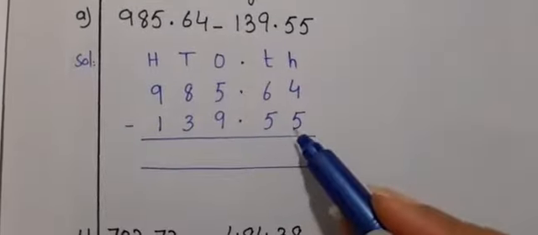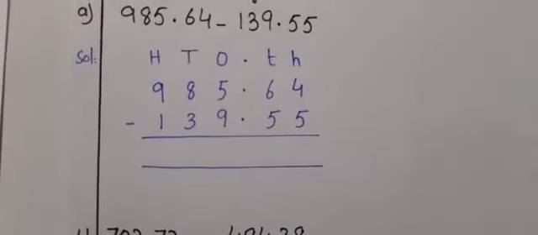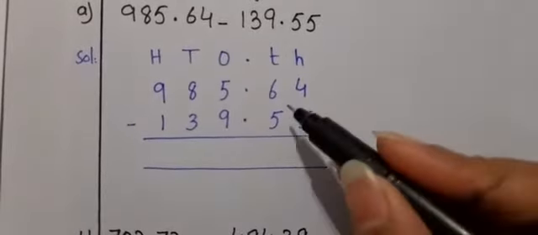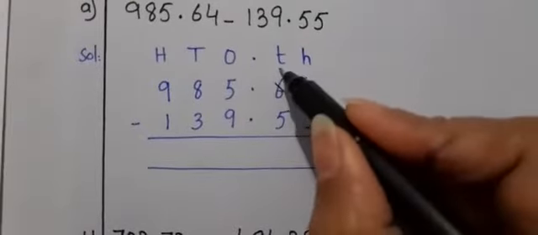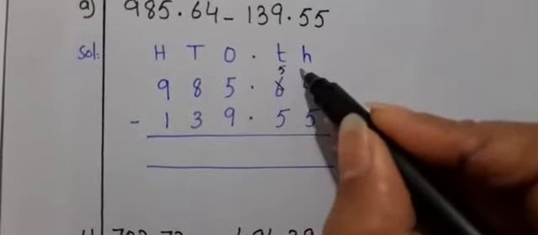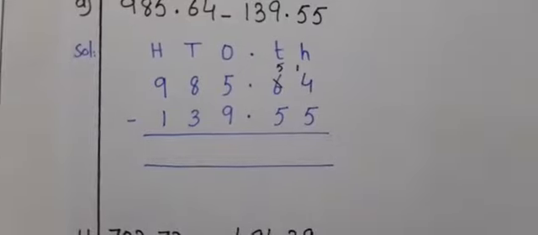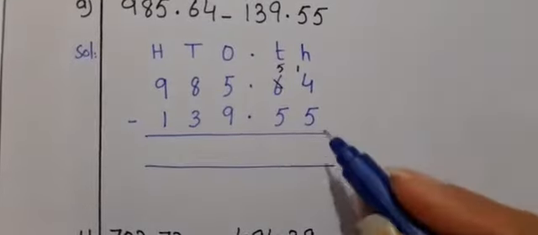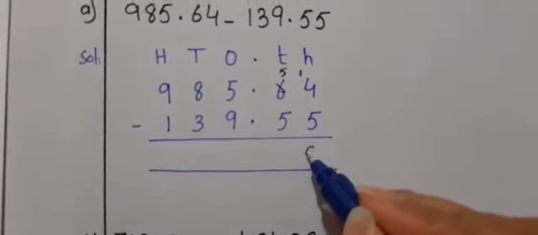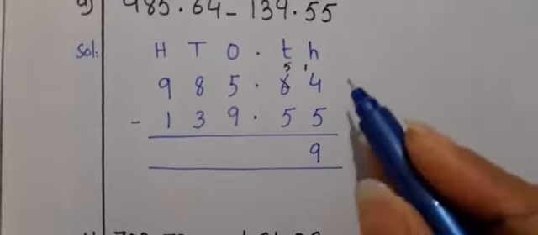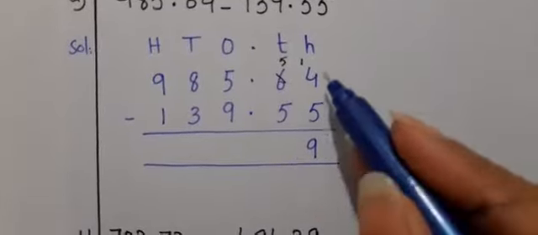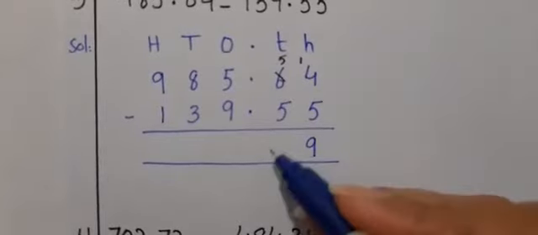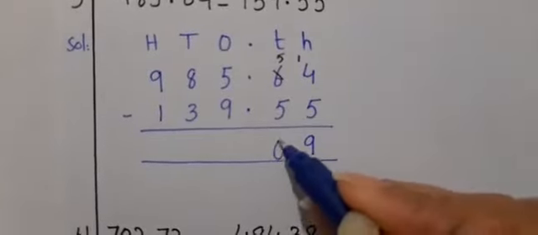So boys, here you can see we cannot subtract 5 from 4. So what I have to do, I have to borrow from 6. So I am doing it with a different color. Now 6 is 5 and it has given 1 to 4. So it is 14. 14 minus 5, you can subtract it, but I hope your math is now very quick. So you can say that 14 minus 5 is 9. Now 5 minus 5 is 0.